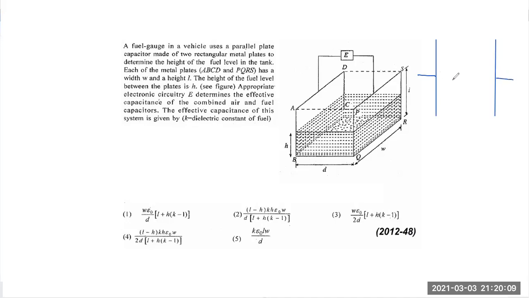And you can see liquid is filled up to a certain height H like this. So you should be able to notice that there are two capacitors actually. One is here, this one is filled with that dielectric substance K, and upper part is air. So I'll put a K here to emphasize that it is a dielectric substance. And then we know to find the equivalent capacitance, we need some information. What are the information we need? The distance between the plates is D, it's fixed, no problem with that.